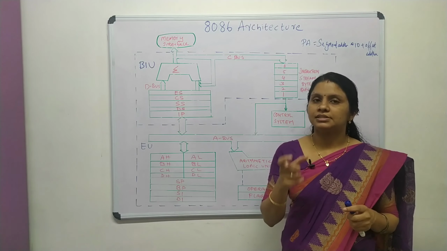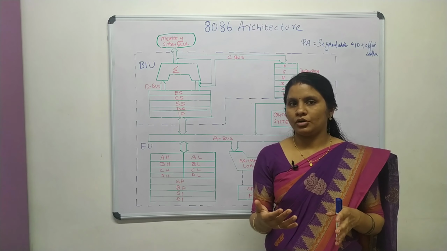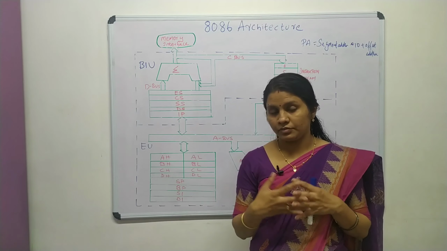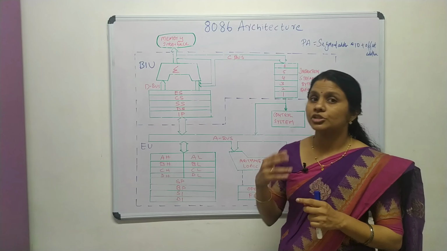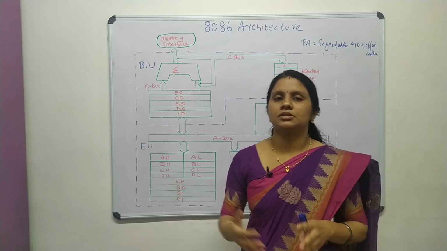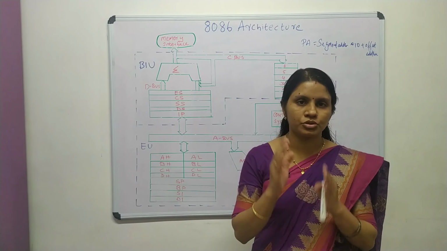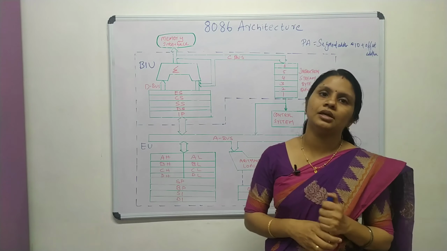The segment address is our starting address, and the offset address will change. After every instruction is fetched, the instruction pointer gets incremented by 1. That is, the instruction pointer points to the next instruction. Keep these points in mind about memory segmentation of 8086. Here we are talking only about primary memory, that is RAM and ROM, no secondary memory.